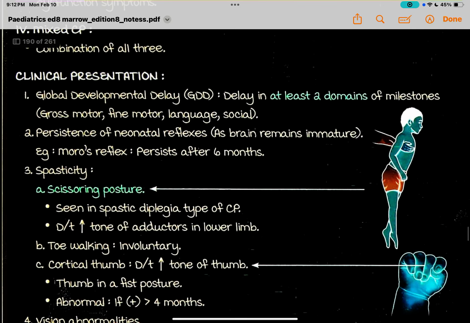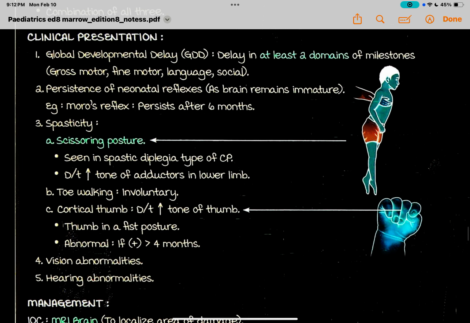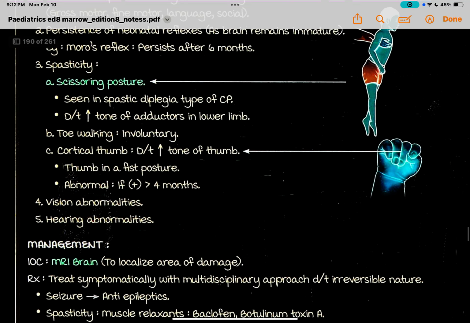Mixed cerebral palsy, combination of all three. Clinical presentation: global development delay, delay in at least two domains of milestones: gross motor, fine motor, language, social; persistence of neonatal reflexes as brain remains immature; Moro's reflex persists after 6 months; spasticity, scissoring posture, seen in spastic diplegia type of cerebral palsy due to increased tone of adductors in lower limb; toe walking, involuntary; cortical thumb due to